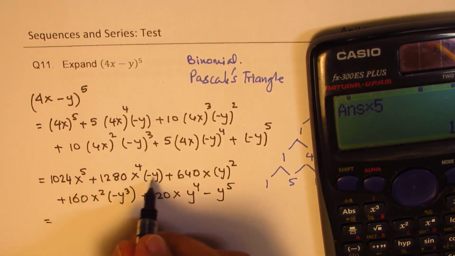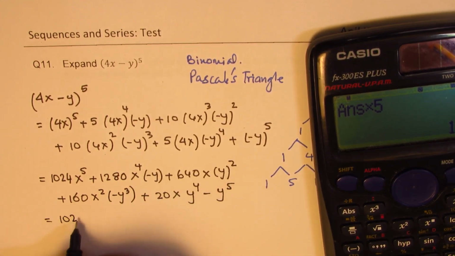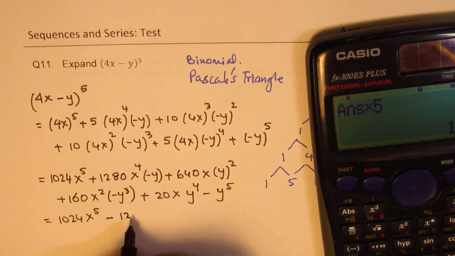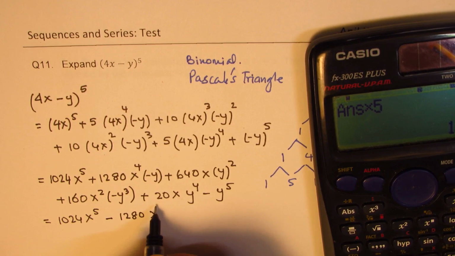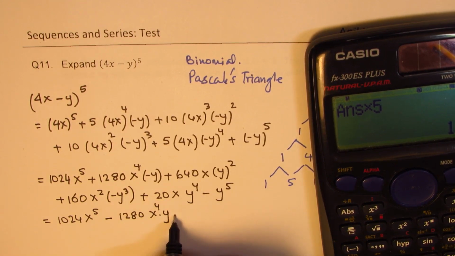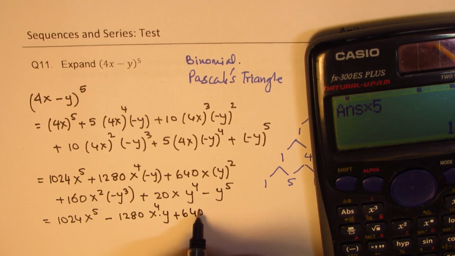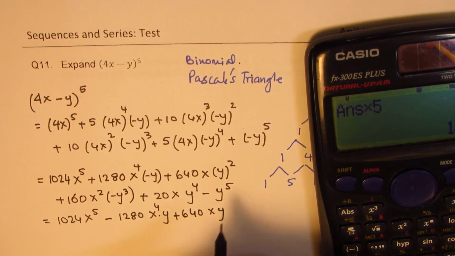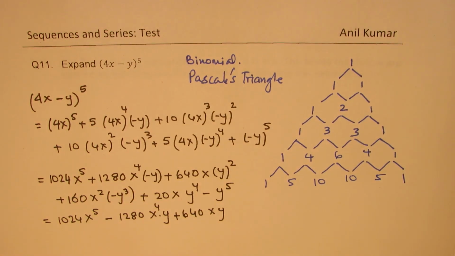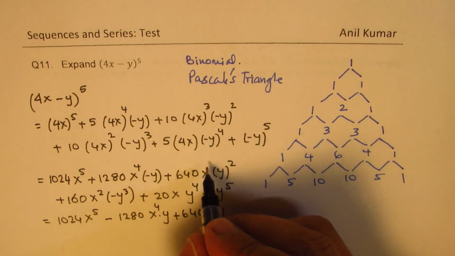So let's correct this sign here. So we get 1024 x to the power of 5 minus 1280 x to the power of 4 y, and then we have plus 640 x y. This should have been cube,